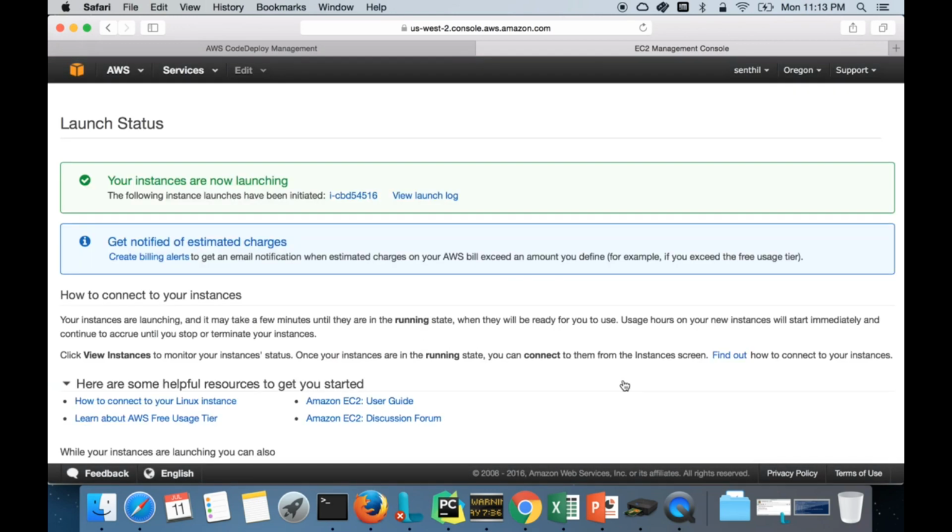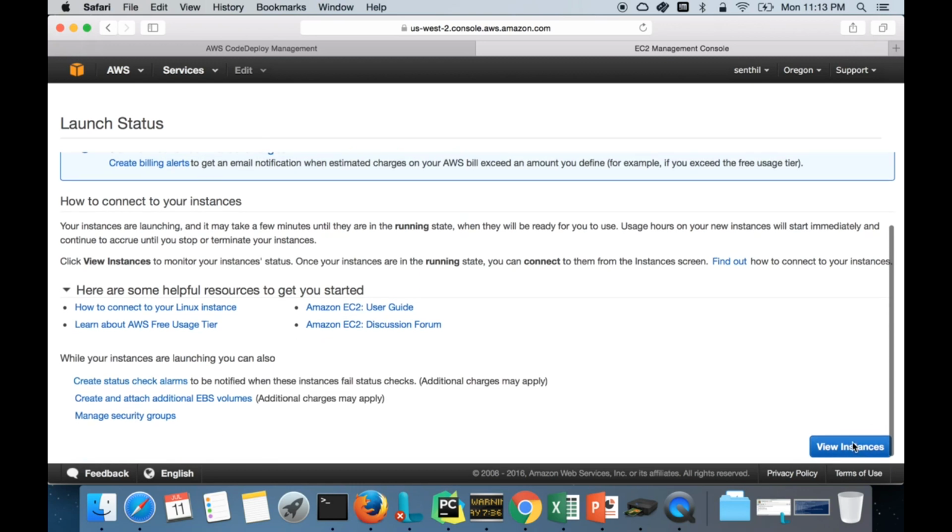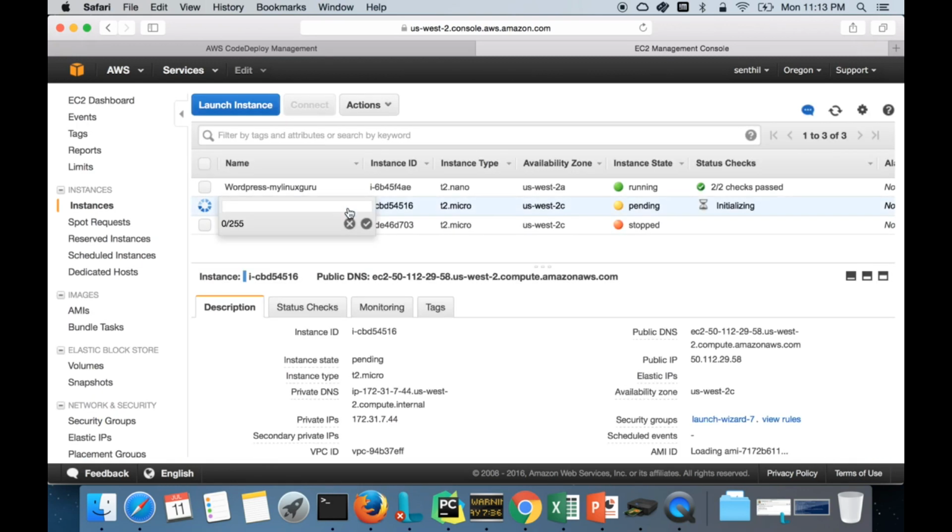So the instance is getting created now. I'm just naming this as code deploy lab, something like that. Okay, so the instance is coming up. While this instance is coming, let's go and so we did two steps. Remember